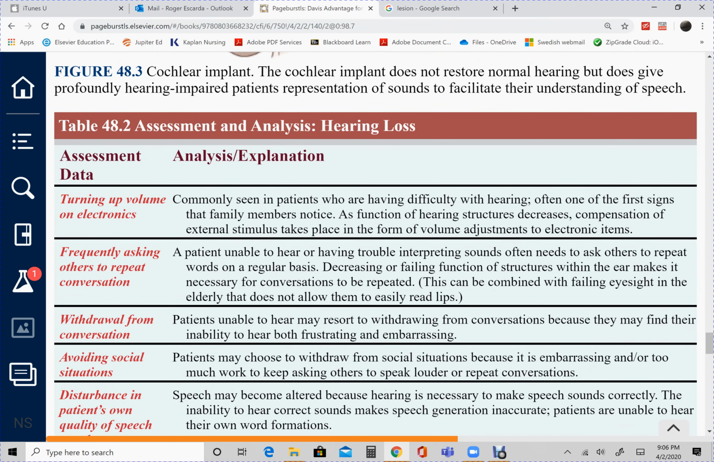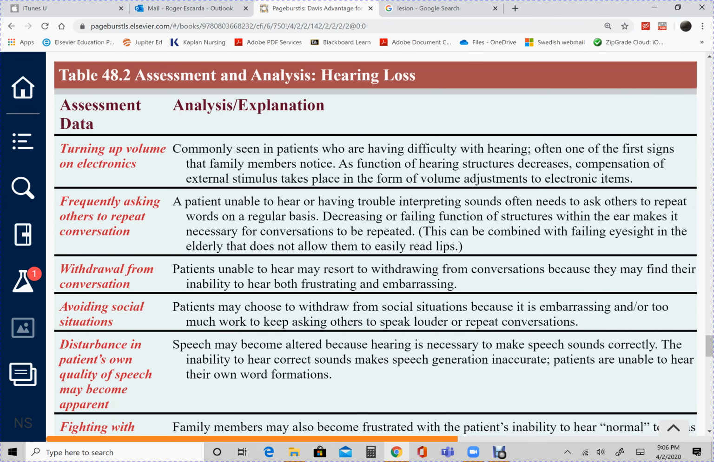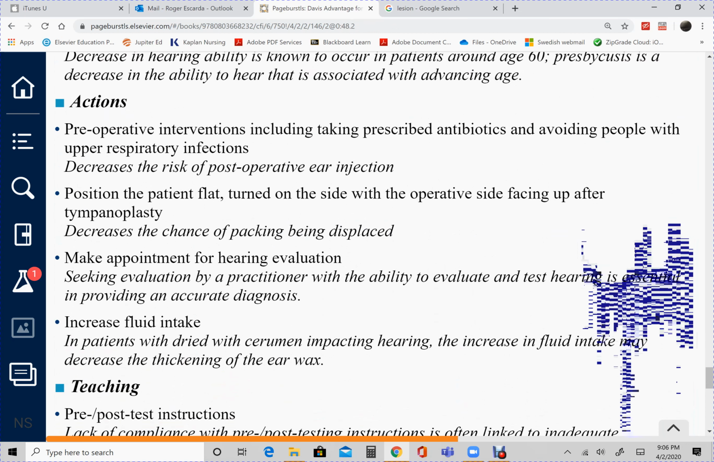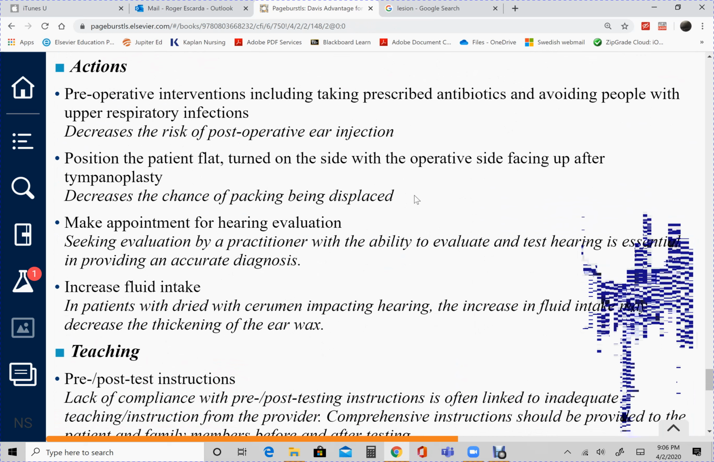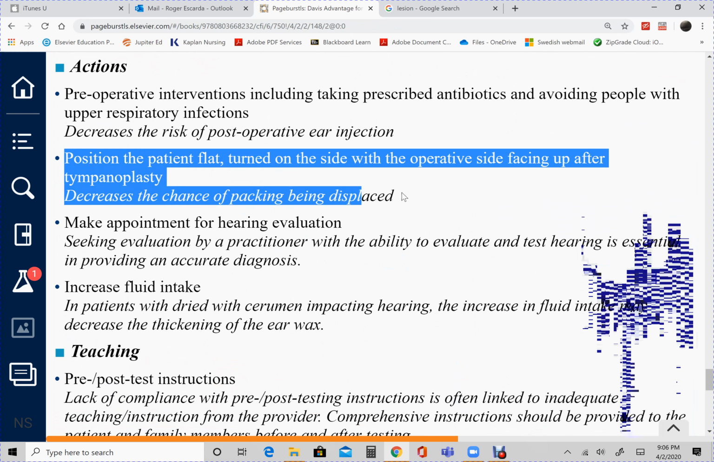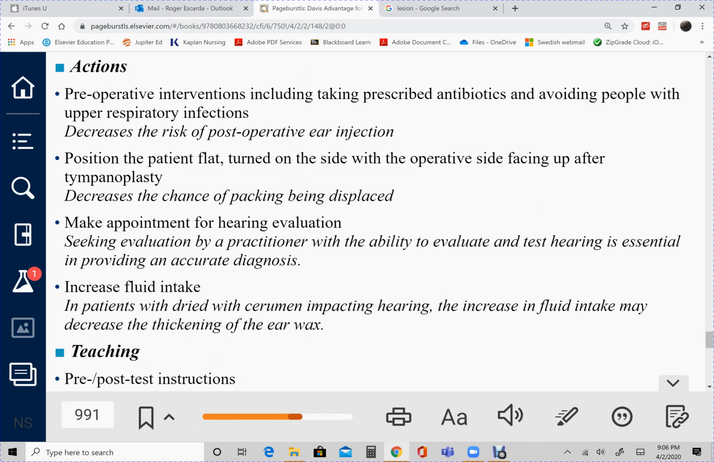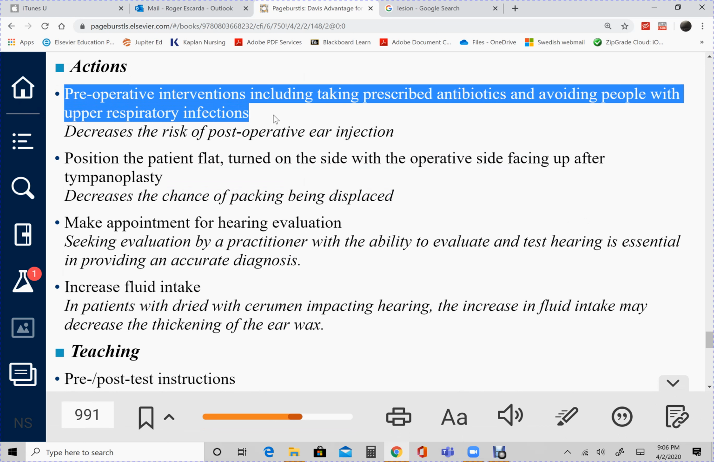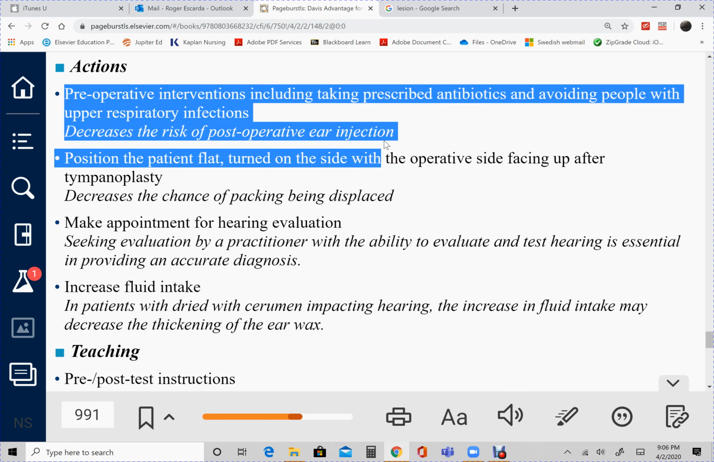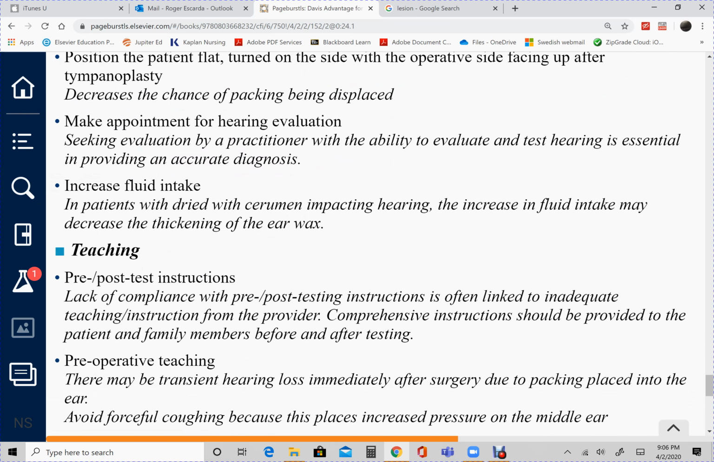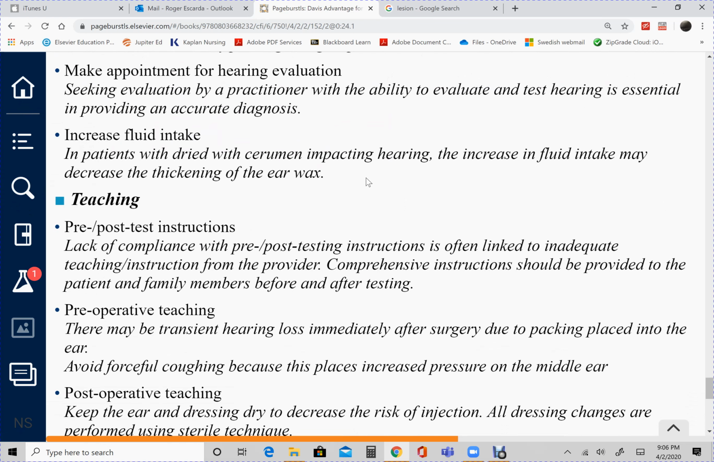Here again are the explanations for these clinical manifestations. Okay, since we have the surgical procedure here, Tympanoplasty, here is a specific post-op positioning and rationale. And again, I already mentioned avoiding people specifically with upper respiratory infections, and here increasing fluid intake, because cerumen is under